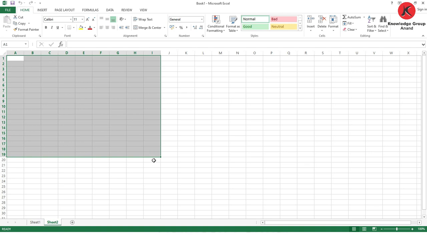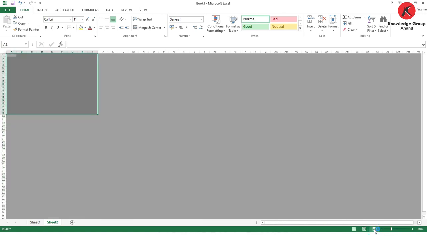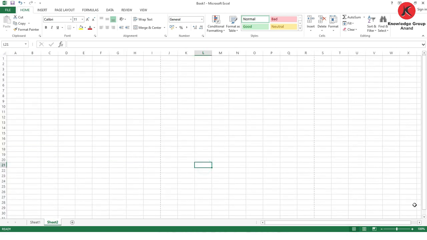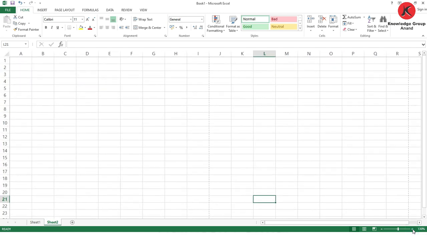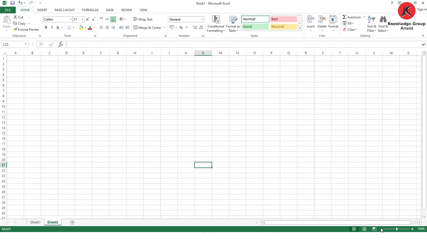These are called the worksheet views. This is the normal view. The second one is page layout view, where you can see different pages of this worksheet. The third one is page break view, which will break the entire page. This is the first page, but if you want to go back, you can click normal view. This is the zoom control: plus will increase the zoom level and minus will decrease it. Okay students, so this is all about the introduction of the active cell.